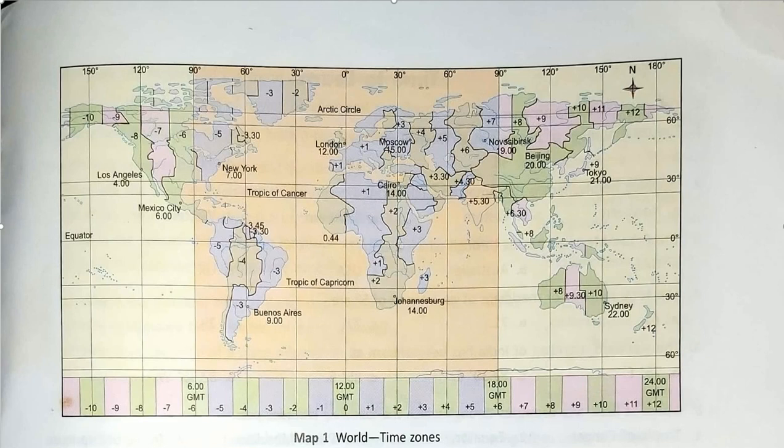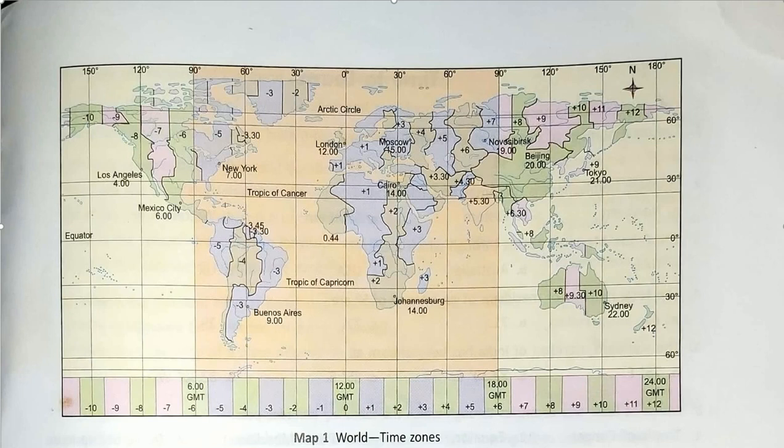Okay, it is already there in the book, but still, some countries with very large longitudinal extent fall under a number of time zones, as I've already discussed. We have read about countries like Russia, Canada, USA, Australia. These are countries with very large longitudinal extent, and so it is not possible for them to select one standard time for the whole country. That is why these countries have more than a single time zone.